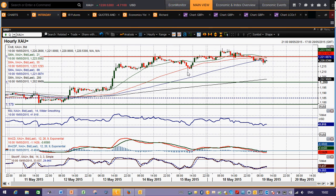But I think that certainly they have lost the impetus, and there needs to be a renewed impetus to drag this one through that key resistance at 1224 once again. So it'd be interesting to see what happens, but certainly at the moment there's a bit of a drift going on, and it'd be interesting to see if it now comes back to test that key near-term support at